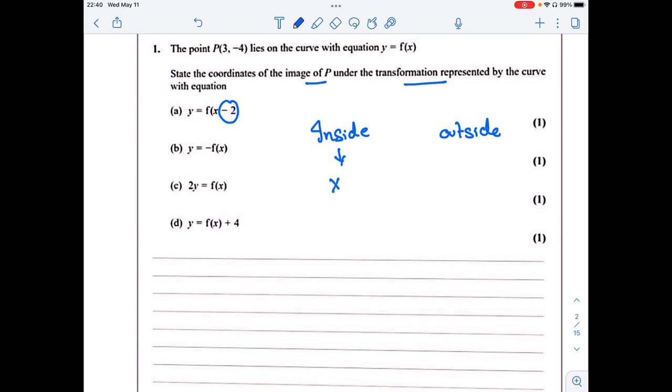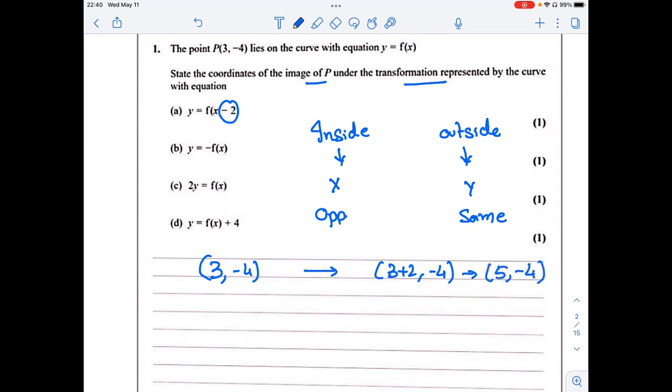If it is inside, you have to change the x coordinate. If it is outside, you have to change the y coordinate. For inside, you have to do the opposite operation, and for the outside, you have to do the same operation. What do I mean by this? Now (3, -4), minus 2 is there. So it becomes (3 + 2, -4), which is nothing but (5, -4). That's going to be the answer